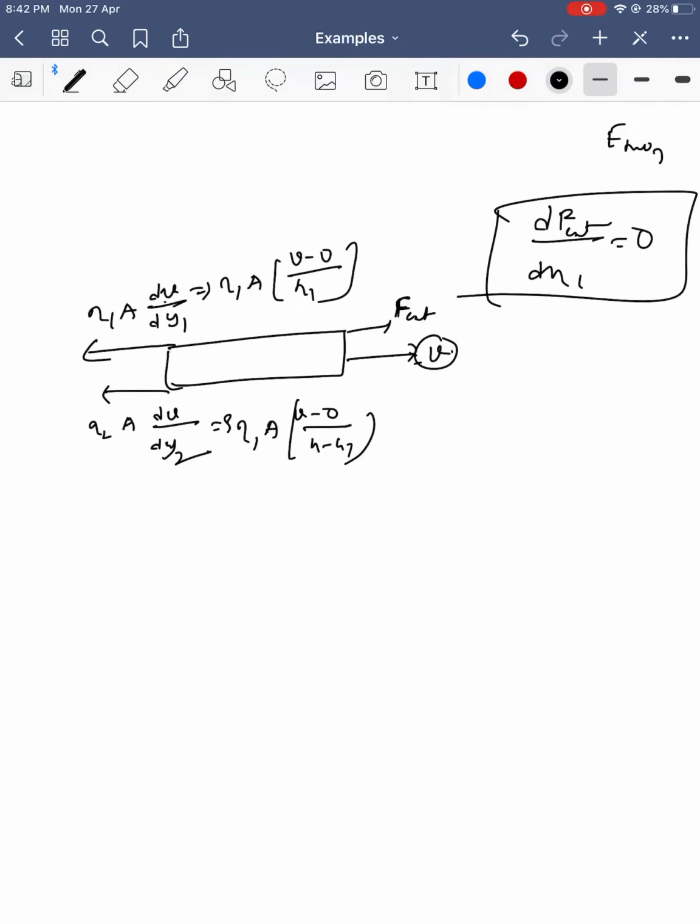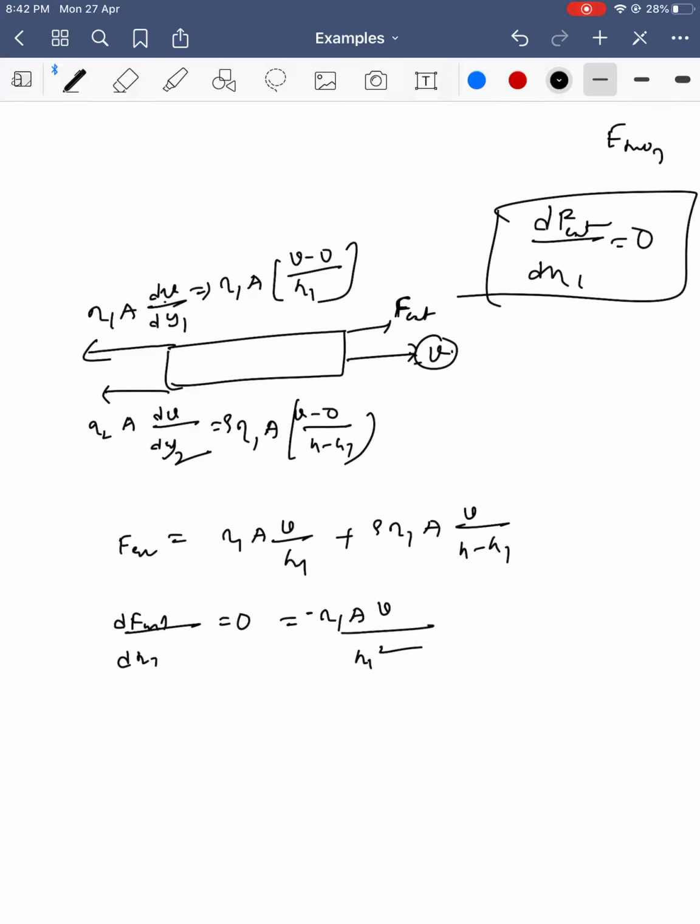So external force, F external, is equal to nu1 A v by h1 plus 9 nu1 A v by (h minus h1). Then dF external by dh1 must be equal to 0. Differentiate it, it will be nu1 A v by h1 square, minus will be there, plus 9 nu1 A v by (h minus h1) whole square, minus will be there, and differentiation of minus h1,